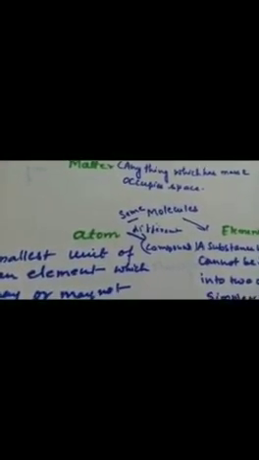Similarly, liquids also occupy space. This is a measuring beaker. You can see that in the beaker there is 50 ml of liquid. So this proves that liquid is also matter, and the amount of space which it occupies is called volume. So the space occupied by any matter is called its volume. So the volume of this liquid is 50 ml. So matter is anything which has mass and occupies space.